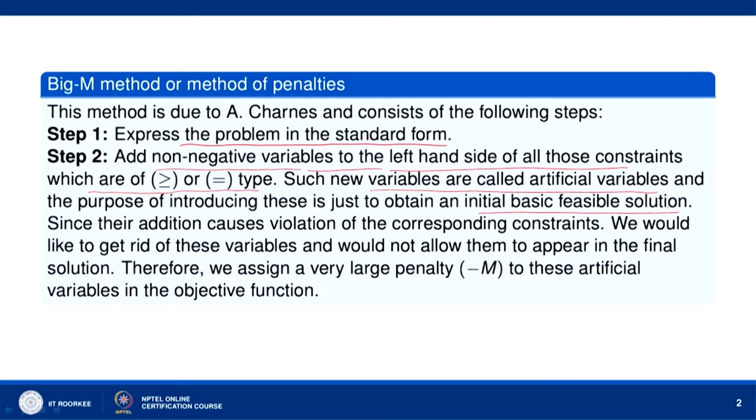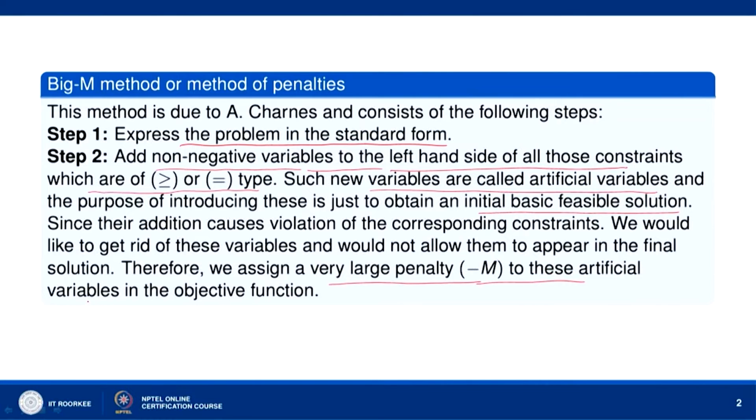These variables cause violation of the corresponding constraints, so we would like to get rid of them and not allow them to appear in the final solution, and that is why we assign a very large penalty minus M to these artificial variables in the